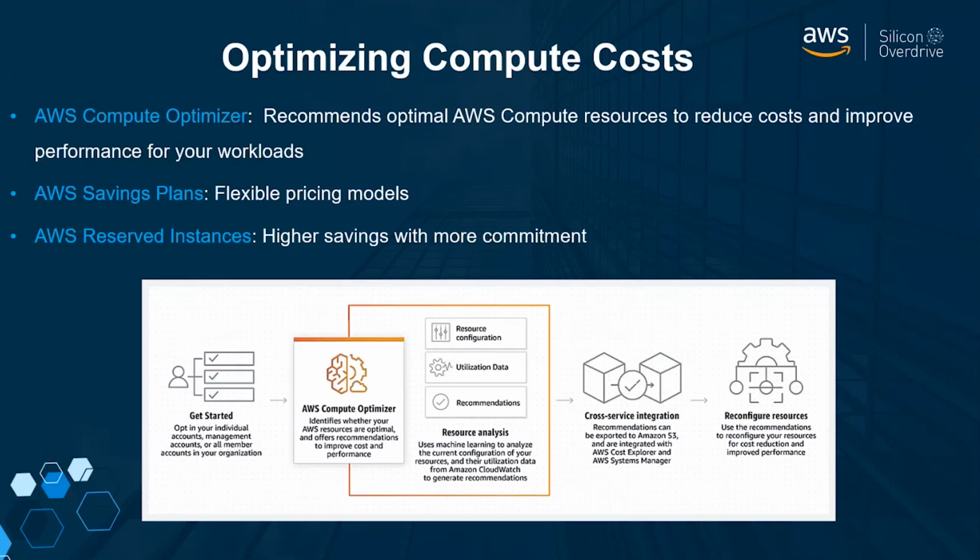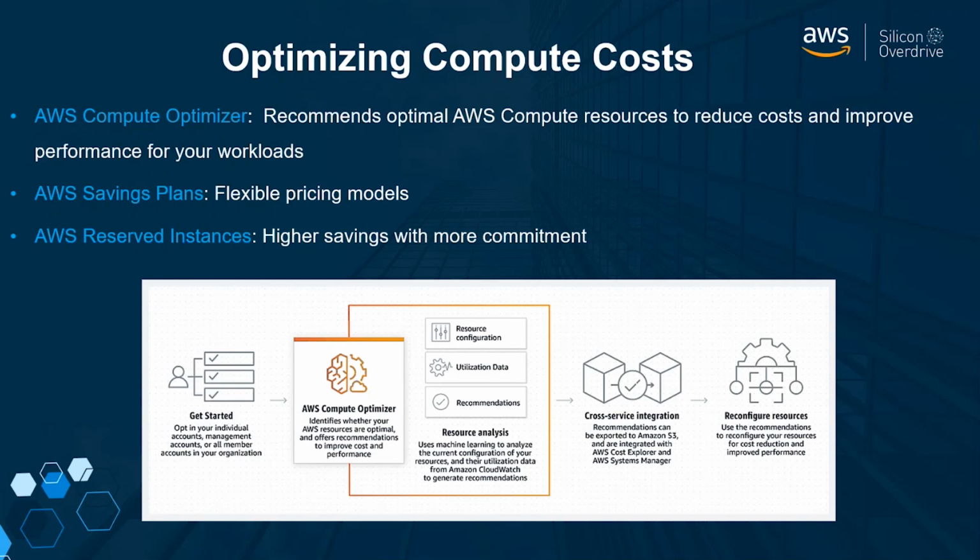The obvious things in terms of optimizing your compute costs are things like savings plans and pricing models. These are more suited to a slightly more mature workload, where you've already gone through the exercises of Compute Optimizer and various other recommendations, and you're happy with what is running in your workload, and therefore you're prepared to commit to a savings plan or reserved instance.